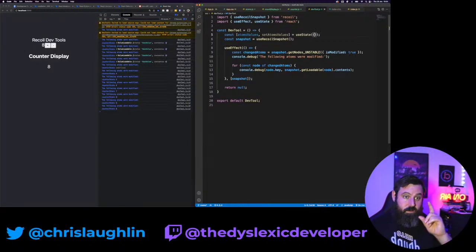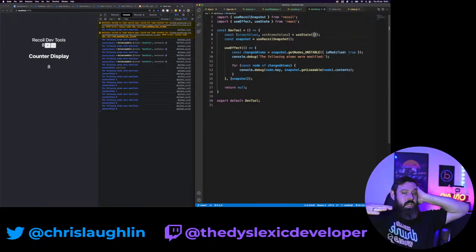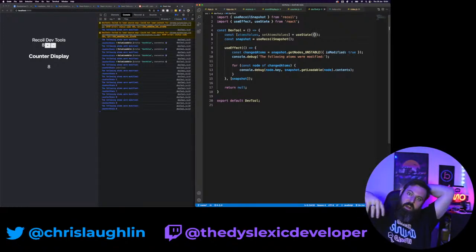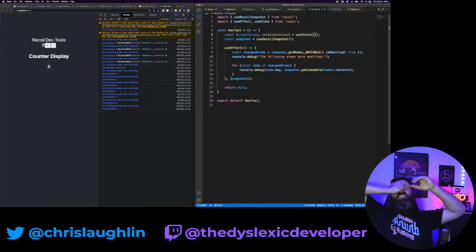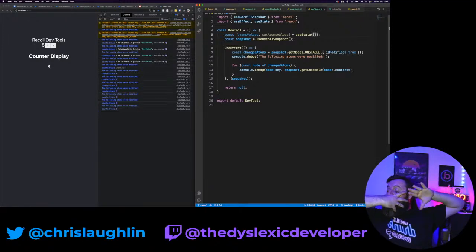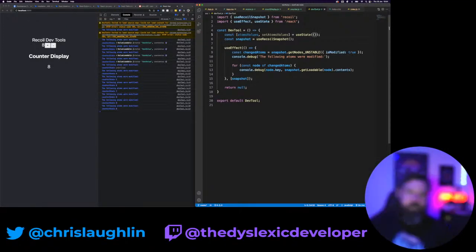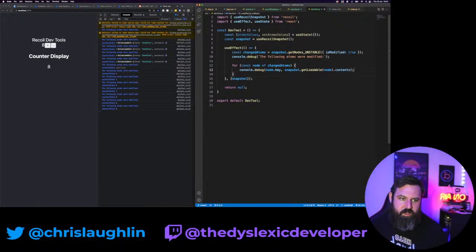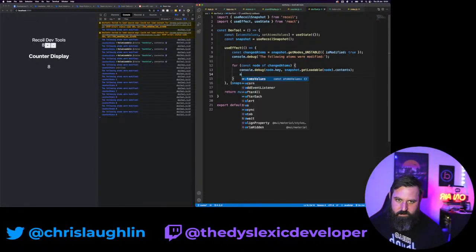And yes, it's going to be an object, and we're going to use the key of the atom as the key in the object, and then the value is going to be our history of it. So when we're iterating over these, we're going to do a little bit more here. So we're going to say, let's see, set